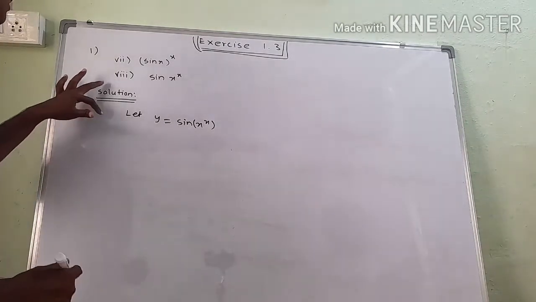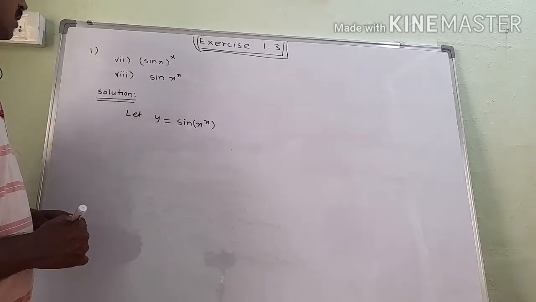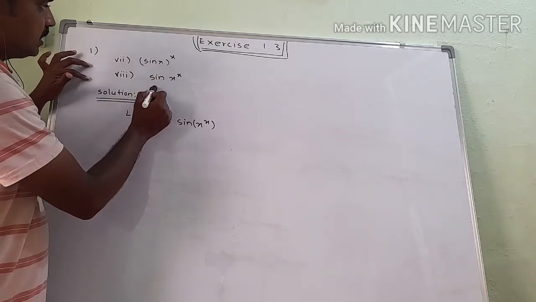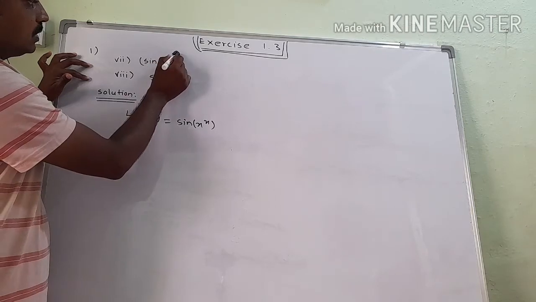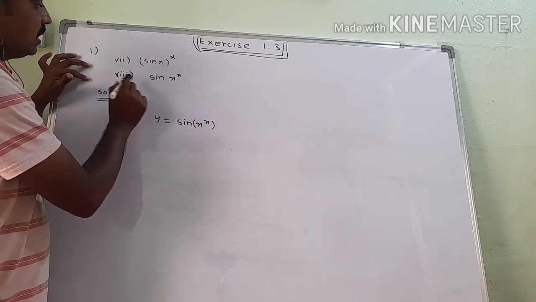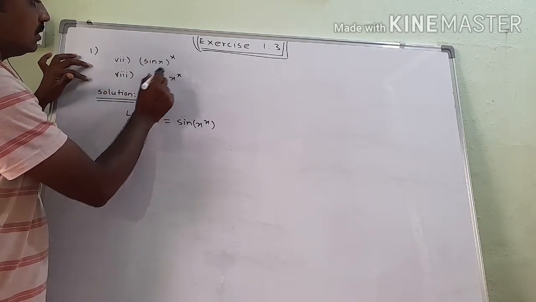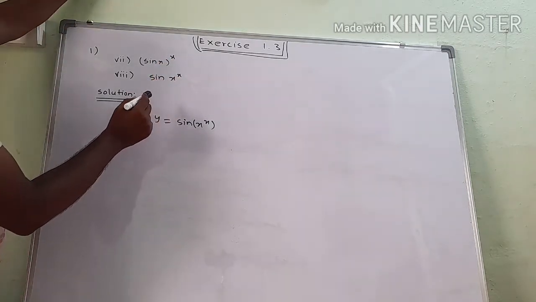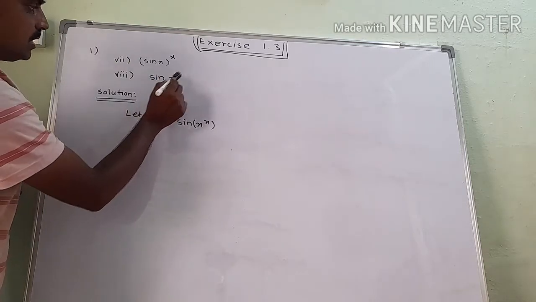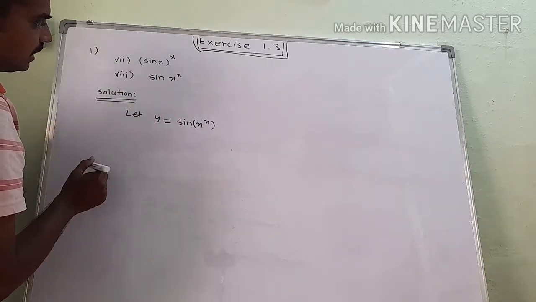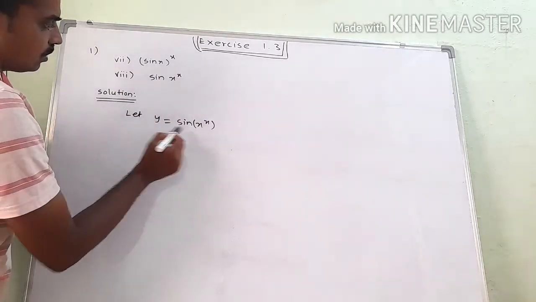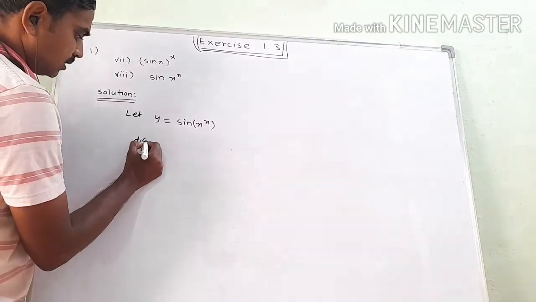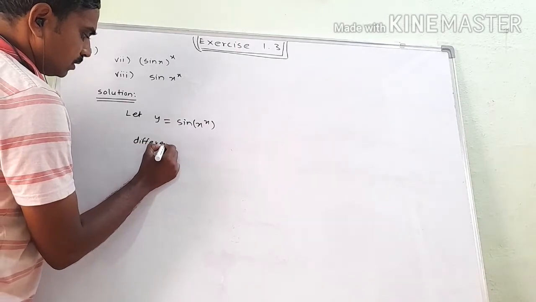Our last example in the first type is sin of x raised to x. What is the difference between the 7th example and the 8th example? Here, function raised to function is the 7th type, but the 8th is not of the type function raised to function. Function raised to function is here, but function raised to function is in the angle. Therefore we cannot directly take log of this expression, but we can differentiate this expression with respect to x.